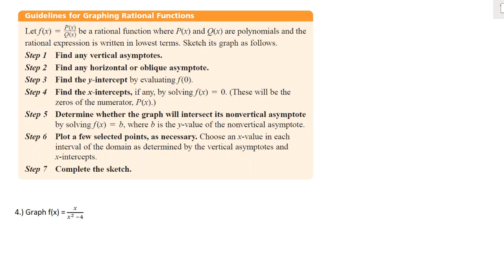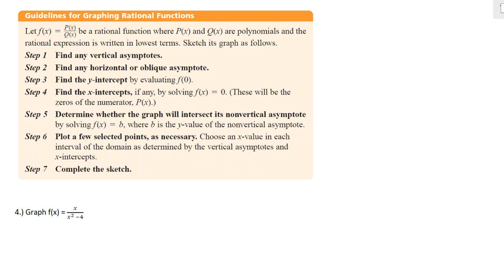We're then going to try to find any y-intercepts. And we do that by plugging in 0 for x. We've done that several times in the past. We're going to find x-intercepts. And then, step 5, determine whether the graph will intercept its non-vertical asymptotes. We're going to plot a few selected points and then kind of complete the sketches based on the points that we have. So let's take a look at the first one,